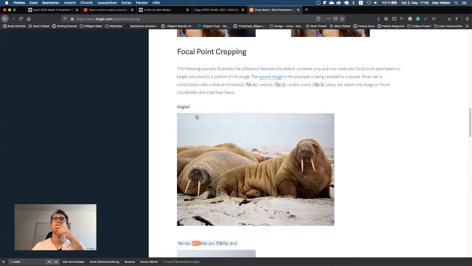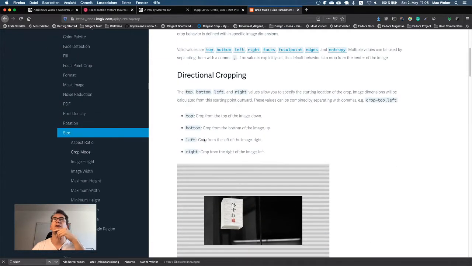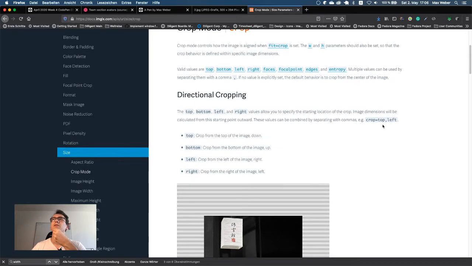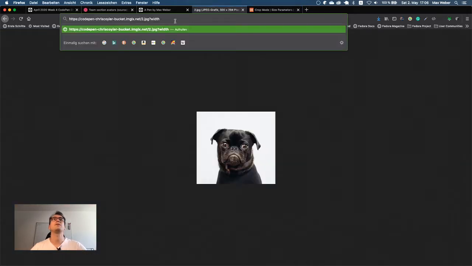FPX. That's focal point. Okay, that is face. Okay. So crop the top left, and then how many pixels we want to crop? Multiple values can be used by separating them by a comma. Okay, let's first start with width and height and then go further.